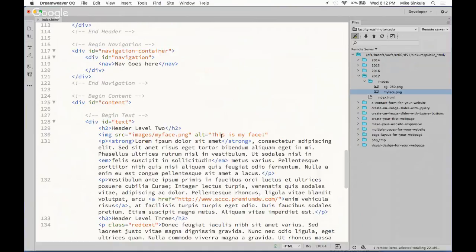If somebody with a screen reader is tabbing down the page, it'll read aloud, this is my face, or I should say, this is Mike Sankula's face, right? Okay. So now if we save that,